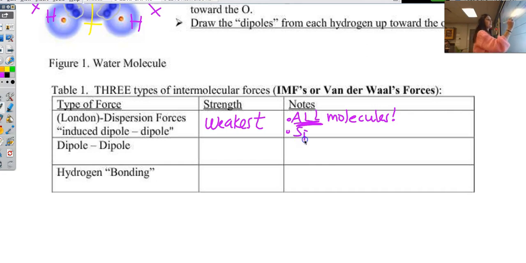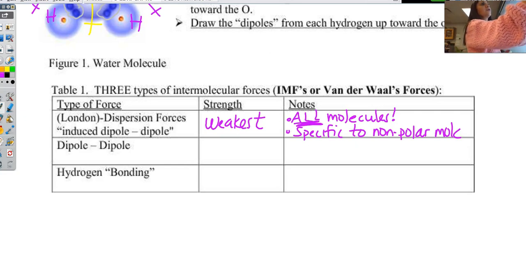Nonpolar. Awesome. Specific to nonpolar, not bonds, but molecules. Well, a nonpolar bond is going to be a nonpolar molecule. Okay, so for example, if you remember, if we were to draw something like carbon dioxide, CO2, do you remember what carbon dioxide looks like? Two double bonds on either side. So we're going to get a C, double bond O, double bond O. Polar or nonpolar? Nonpolar. So this would be an example of a London dispersion force because this molecule is considered